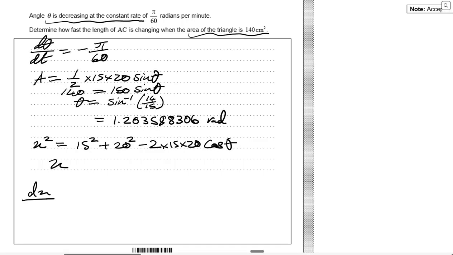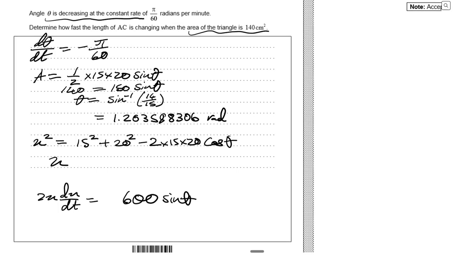So we can come up with the formula first though. 2x dx dt is equal to, this just becomes 0. So it is 2 times 15, 30, 30 times 20, 600. So negative 600 cos becomes negative, so it's sine theta, so it's positive 600,